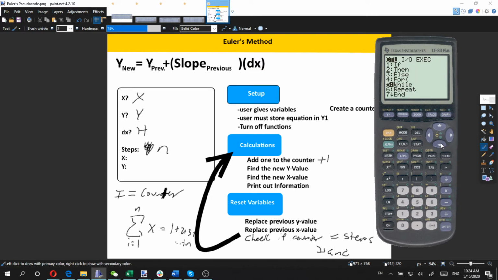So this is while our counter I is less than... just be under numbers. I don't remember. There we go. Under test. While I is less than n plus 2,